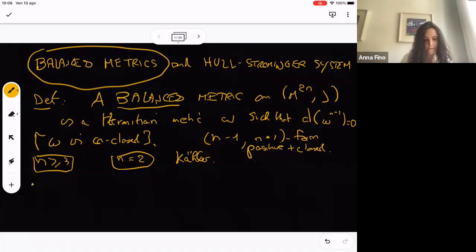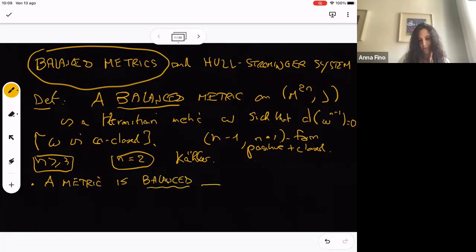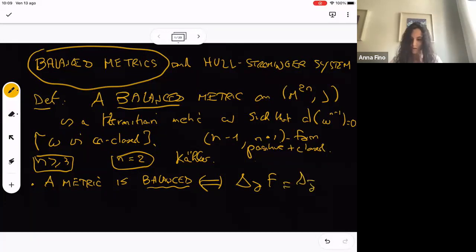For instance, there is a nice result by Gauduchon that says that a Hermitian metric is balanced if and only if it is in terms of the Laplacian: the Laplacian related to del of f is equal to the Laplacian related to del bar of f,